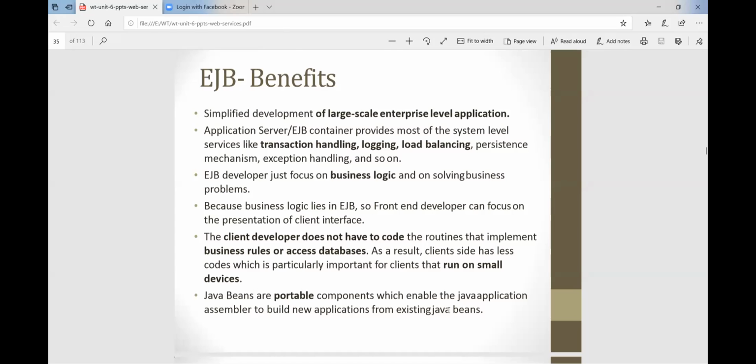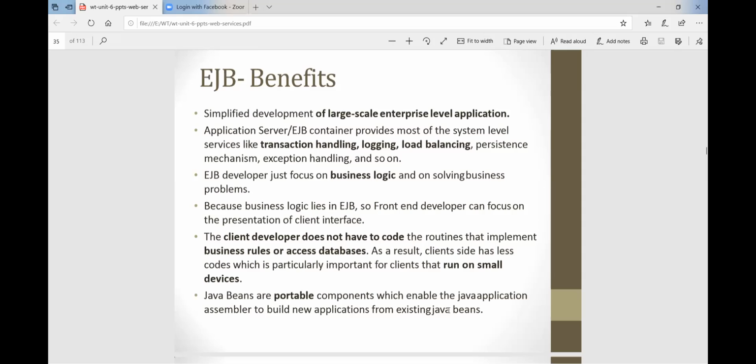Next, the EJB developer just focuses on business logic and solving business problems, not on data logic, but on the business logic or processes. Because business logic lies in EJB, the front-end developer can focus on the presentation of the client interface.